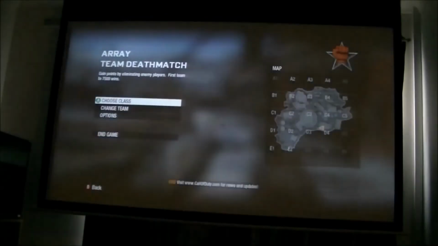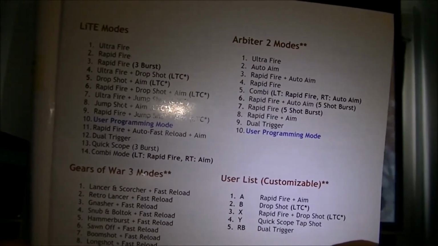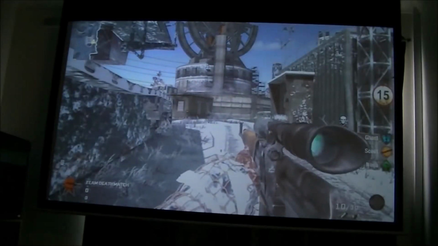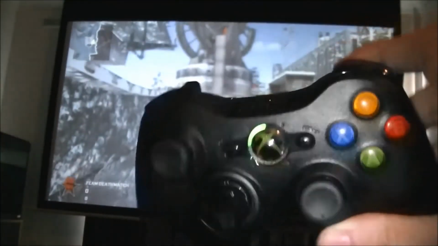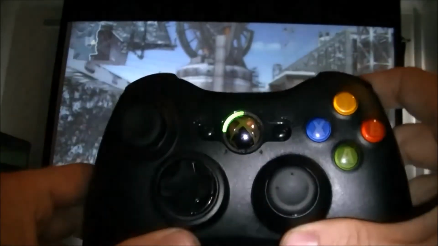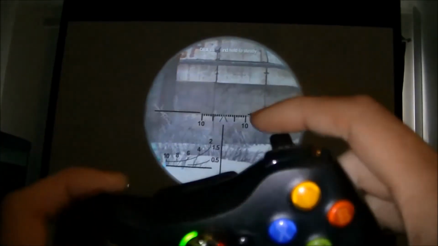If I swap to, say, a sniper rifle, this is what you usually use mode 3 for, rapid fire 3 burst. You can use it with single shots as well, just to get accuracy. Just do 3 quick bursts and then nothing. So we're going to show it off on the sniper though. So again, hold the right trigger, tap the sync 3 times this time, and let go. 1, 2, 3. So we're now in mode 3. So what will happen now, we just aim down the sight. When we tap the right trigger,